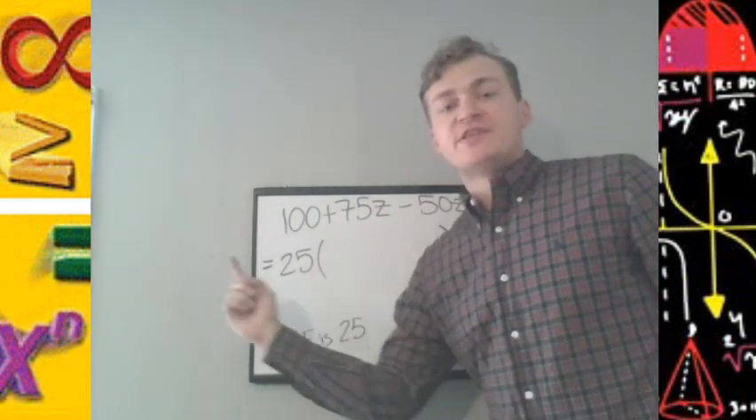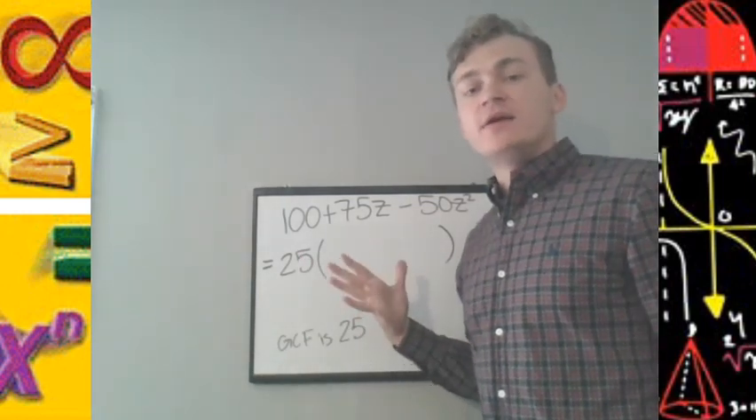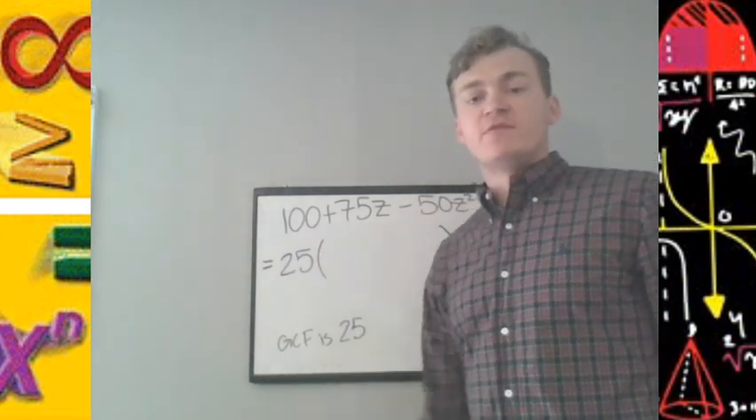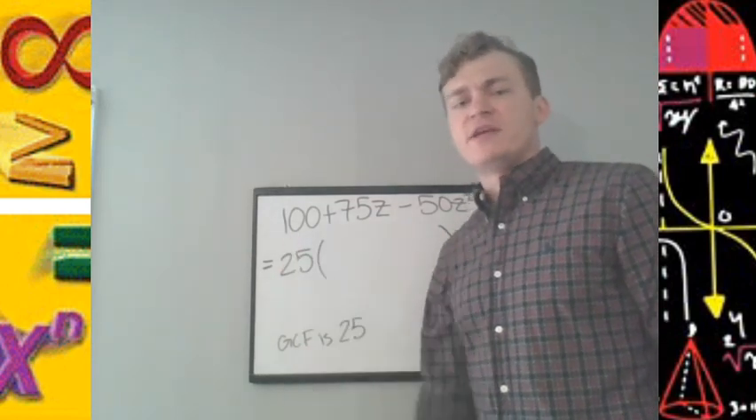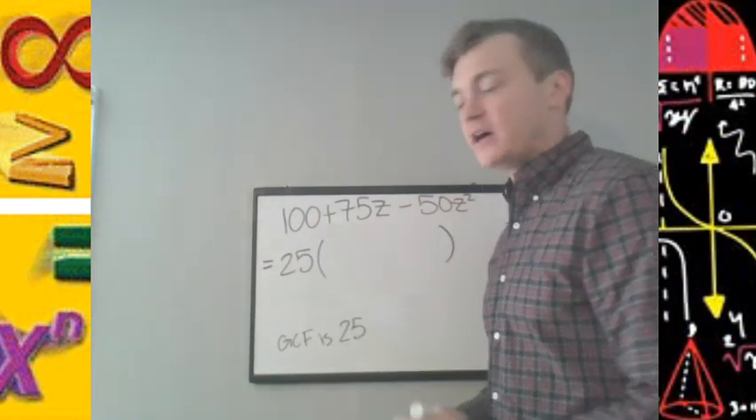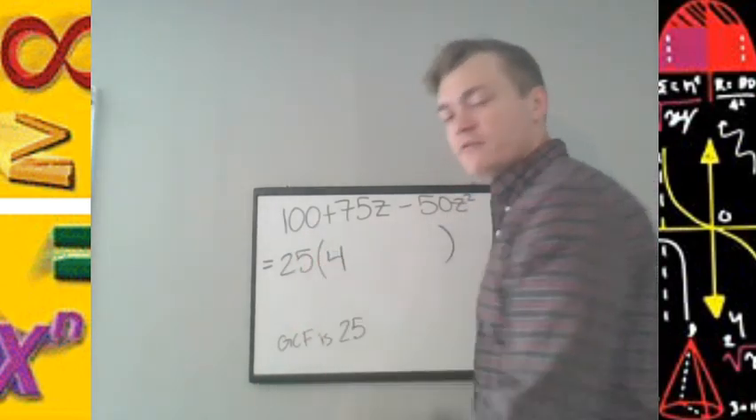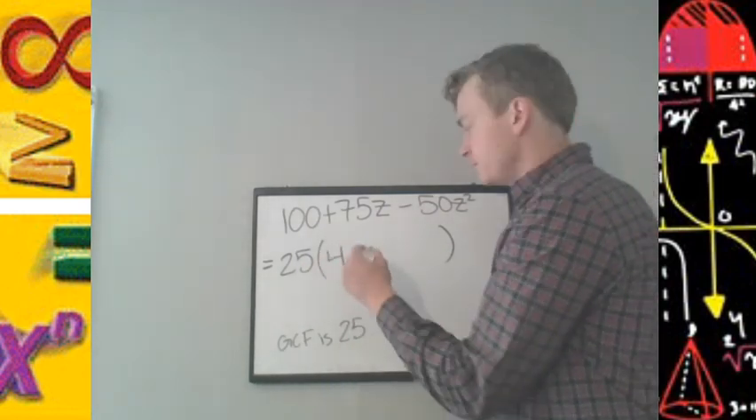Once we factor out that GCF to the front, introduce parentheses to determine what we leave behind. In other words, if you factor a 25 out of 100, what do I need to multiply to 25 to get back to 100? In other words, 100 divided by 25 is 4. 4 quarters and $1. Plus